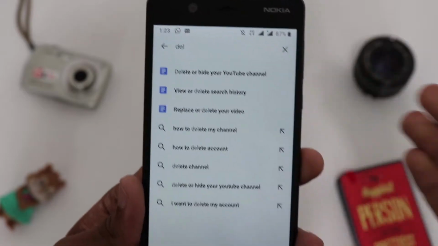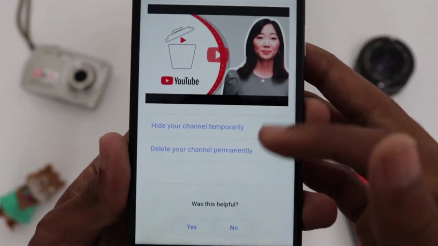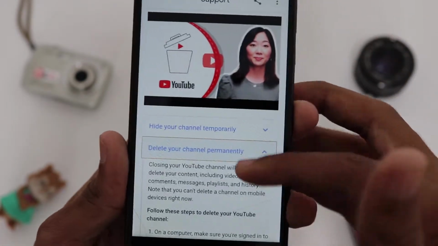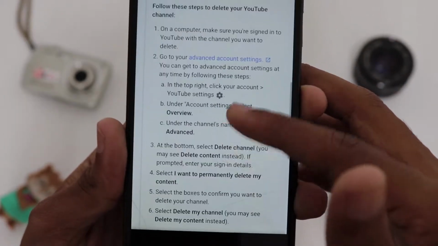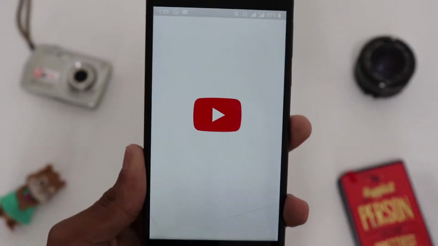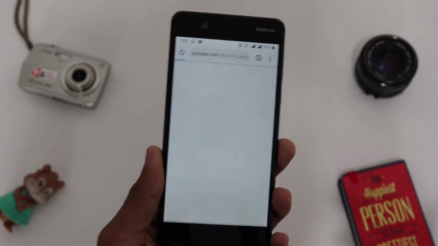Click on it and you can see an option here: delete your channel permanently, or if you want you can click hide. I'm going to delete my channel permanently. Then I'm going to click on this advanced account settings. Click on it, and it will redirect you to a page in your Chrome or any preferred browser which you are using,